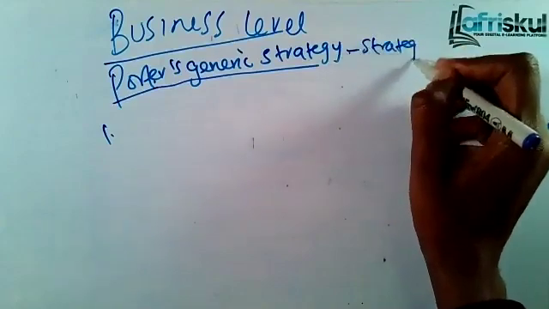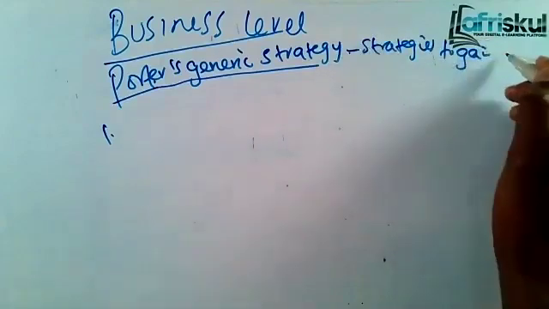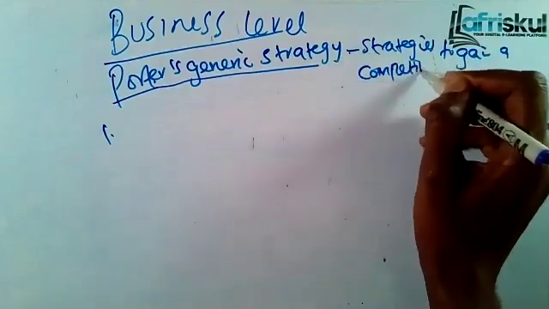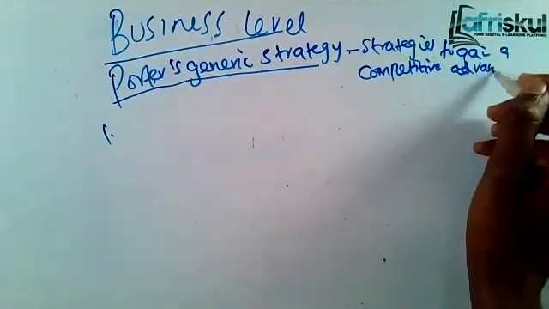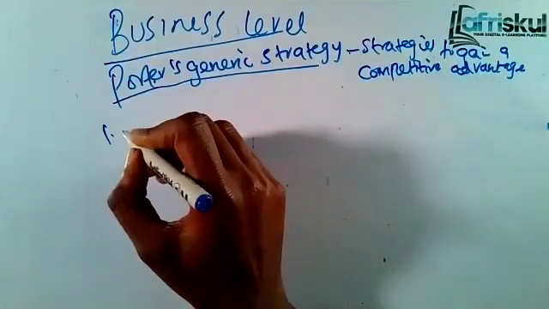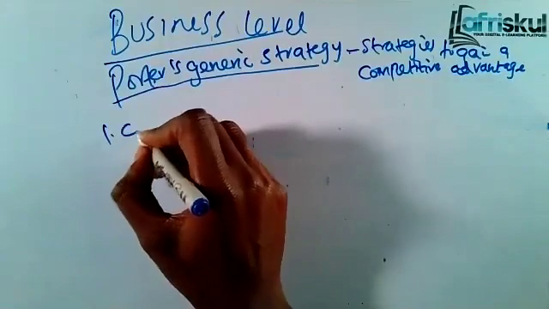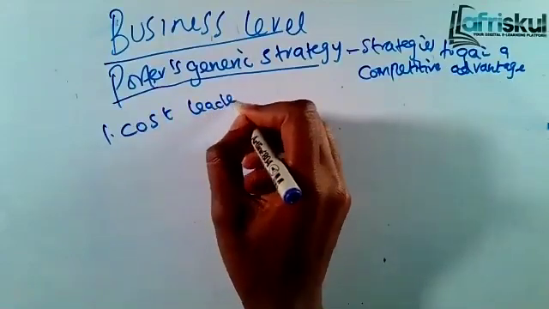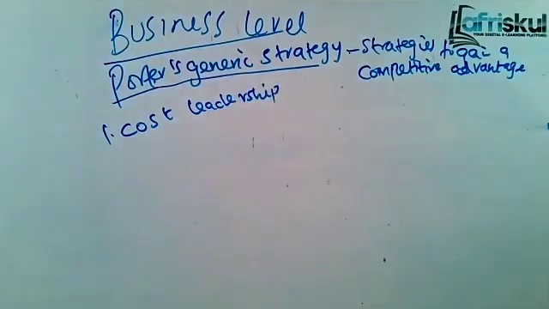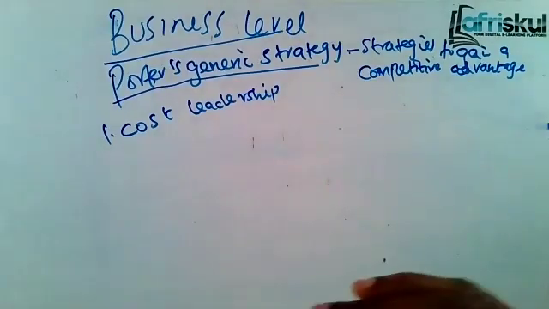Strategies to gain a competitive advantage. According to Porter, there are 4, and one is cost leadership. I want to give you a practical example. Like now, you'll find that most of the colleges are charging 25,000, others 20,000, and KC charging maybe 16,000. So meaning we are trying to put our cost as low as possible so that you can prefer that college that is charging 16,000. So keeping the cost as low as possible.